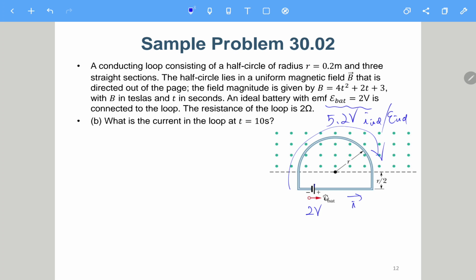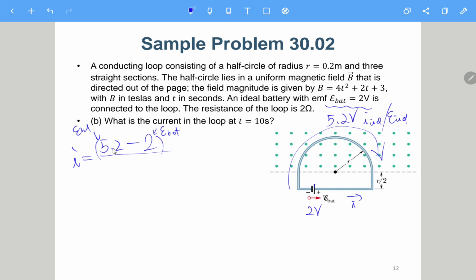Which means that we will have finally the current I to be 5.2 volt minus 2. This is the E battery, this is the E induced, and then over